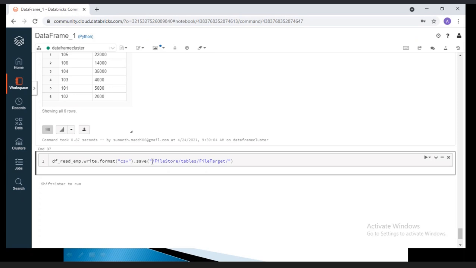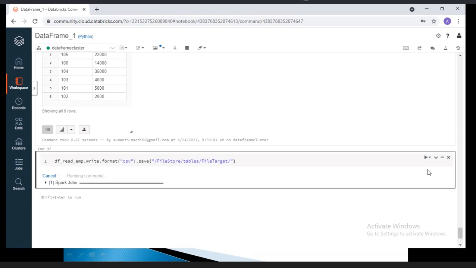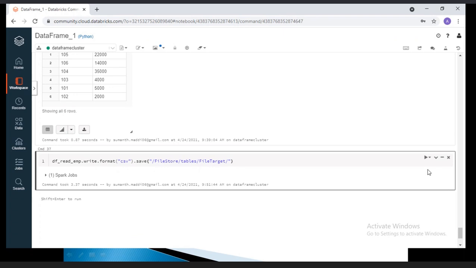Let me write the data into this target system. Now you have copied this data frame, which means your final output data has been saved into the target file system, your Databricks file system.